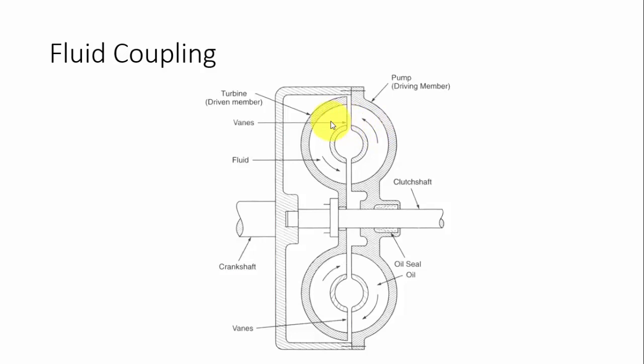If the oil has high density, more torque can be transferred. So the ideal case is that we need a low viscosity, high density fluid to be used in this fluid coupling in order to transfer the power effectively. One drawback in this case is that we cannot expect the full torque applied by the driving member to be transmitted to the driven member. Surely there will be a loss, a fluid loss because of the turbulence inside the system.